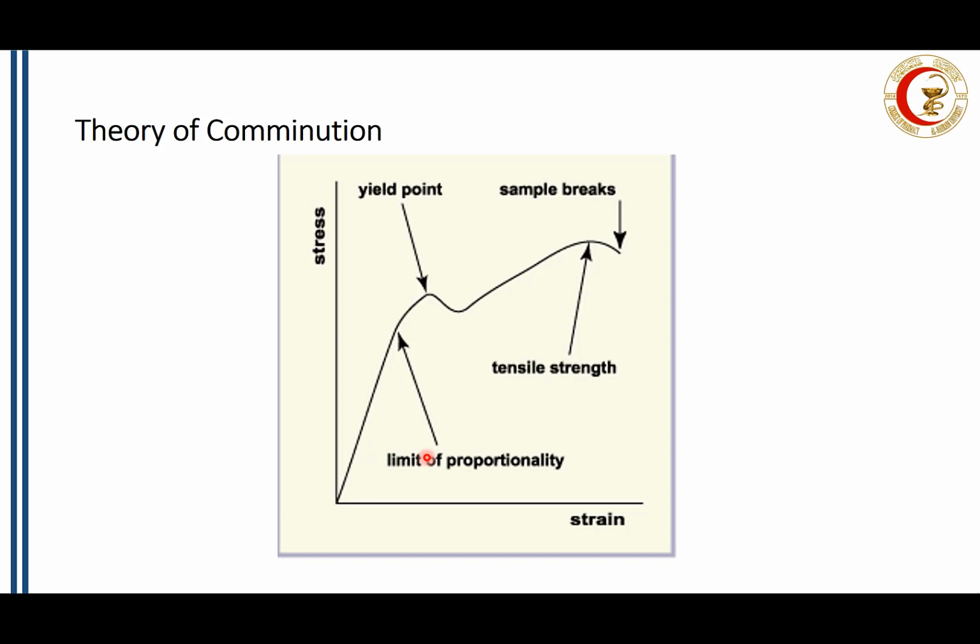Now, what do we mean by this? When we increase the stress, the strain on the particle will increase. This is Hooke's law. While Young's modulus states that the slope represents the softness or hardness of the particles,